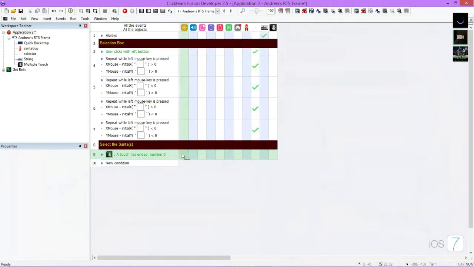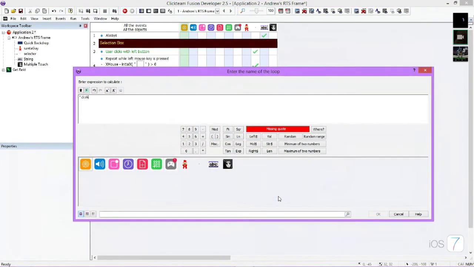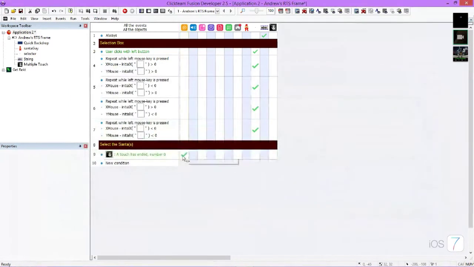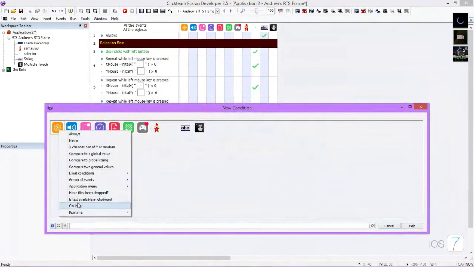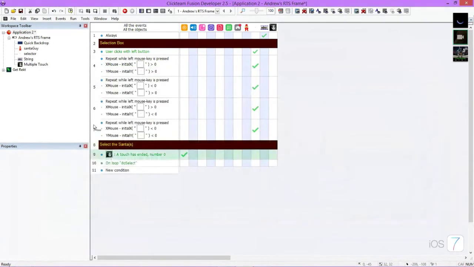So what we're going to do is we're going to say fast loop, start loop, and we're going to say do select. Now, for those of you that have no idea what I'm doing, a fast loop is nothing more than running a subroutine. So I've called the fast loop, and then I'm going to declare the next event lines, do select. So what happens is in the main loop, which is what you see here, just like any program, it's consistently cycling through these events. But when I get down to this event and it triggers, it's going to pause the main loop and execute the subroutine